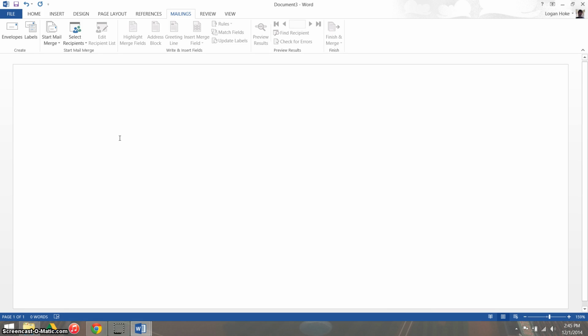an envelope. So the first thing I like to start with is typing in your return address information, because that's not going to change, whether it be for yourself or for the company that you're working for. So let me go ahead and type that in here. Okay, so once you have that typed in, then you want to worry about